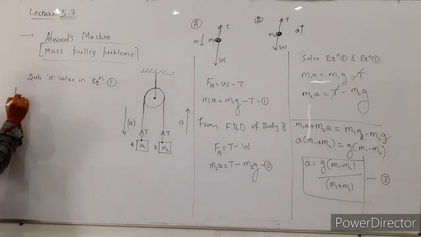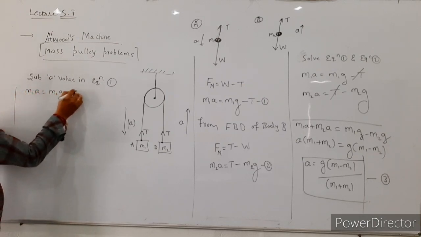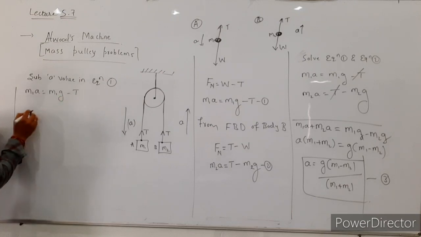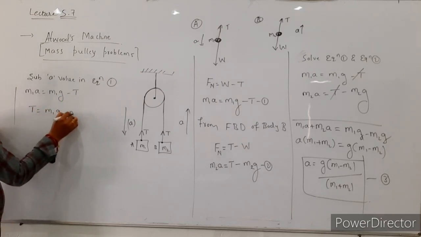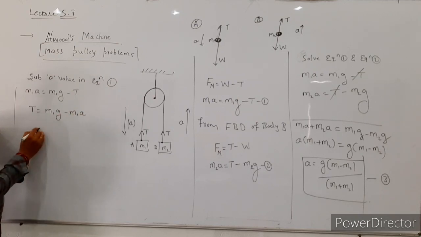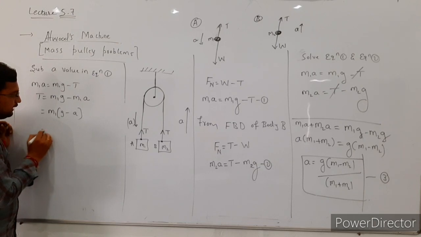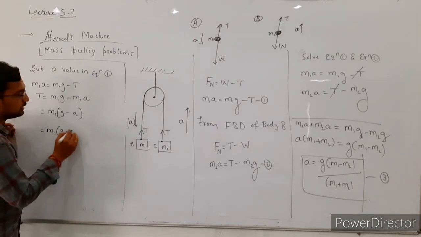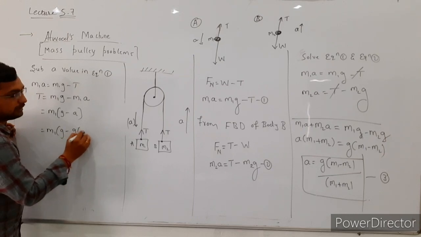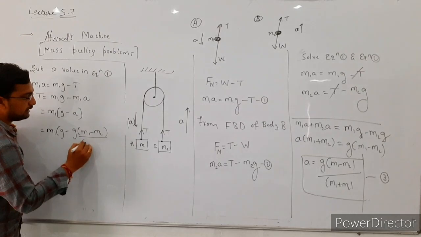Okay, see here. From equation number 1, M1A is equal to M1G minus tension. Here we want the tension value. T is equal to M1G minus M1A. Take M1 common. So I substitute the A value here. Then it becomes M1G minus, the A value is G bracket of M1 minus M2 divided by total mass,